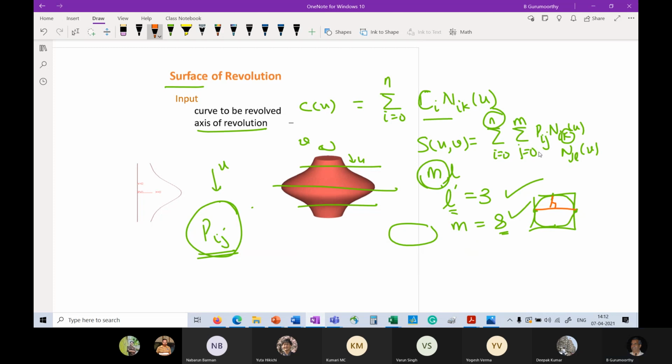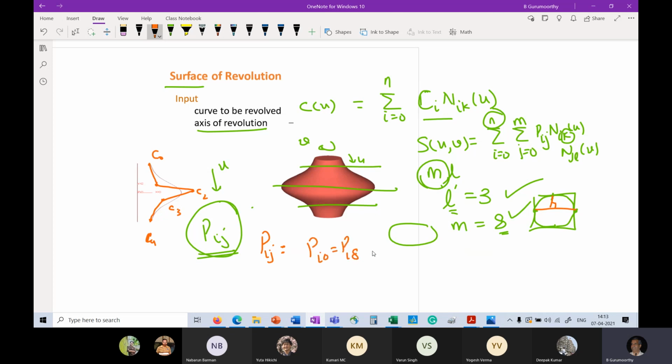And the control points actually are also not too difficult. So let me just draw the control polygon, a fictitious control polygon for this curve that has been given to us, right? Let's say this is the control polygon. Okay. So I have 1, 2, 3, 4, 5 points. So this is P4, C4 rather, and that's C0. And the way you find the other control points, Pij, right, is as follows, that